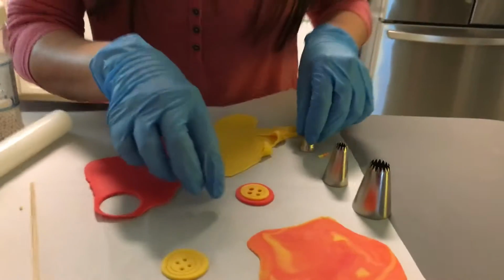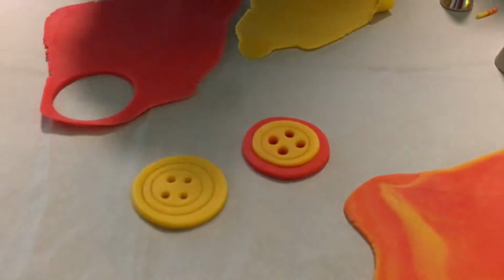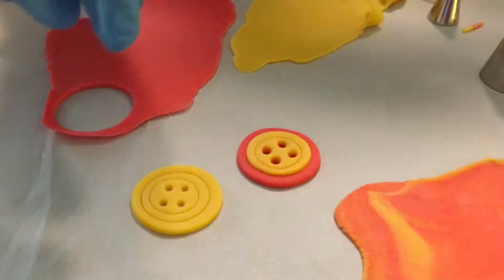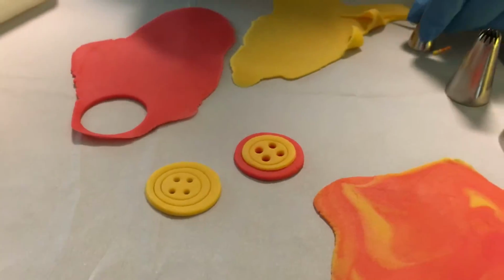So here you've got a little bit more of an elaborate idea of the button. So we've got a layered effect happening, and you can roll it up a little bit. You can make it a little more embossed if you want. Now what I'm going to do is make a smaller version of it so you can just